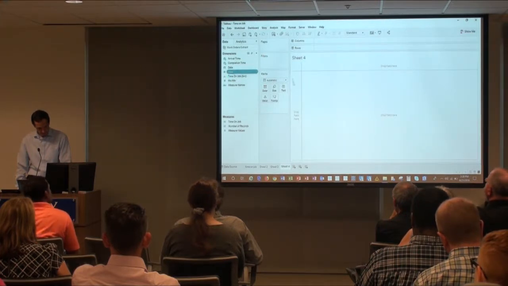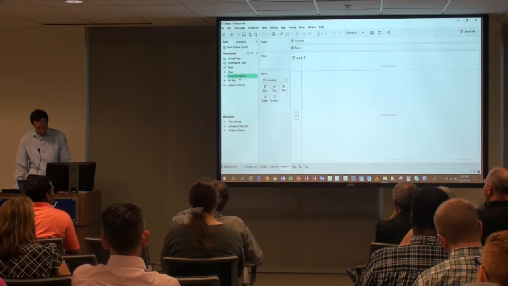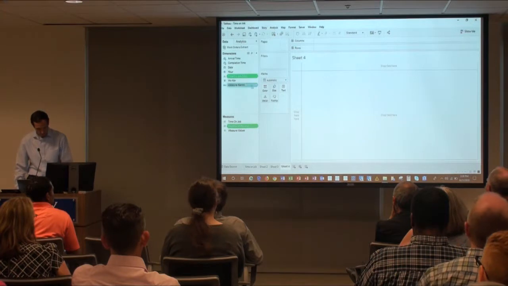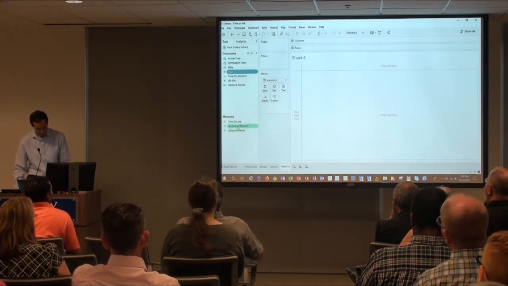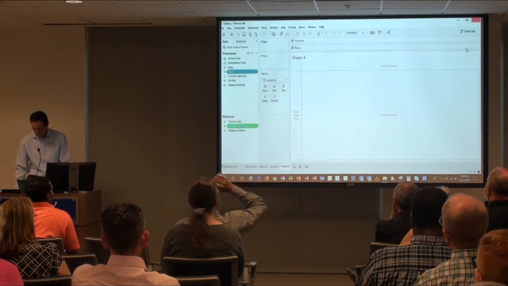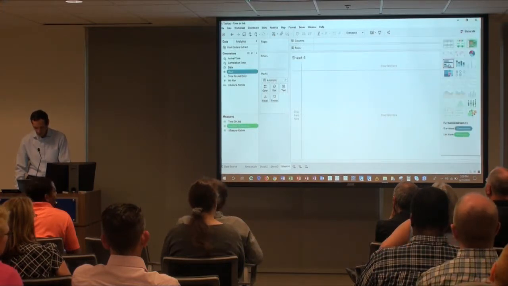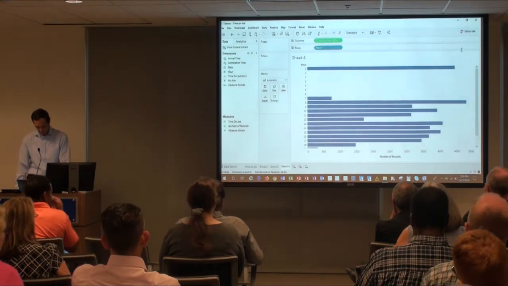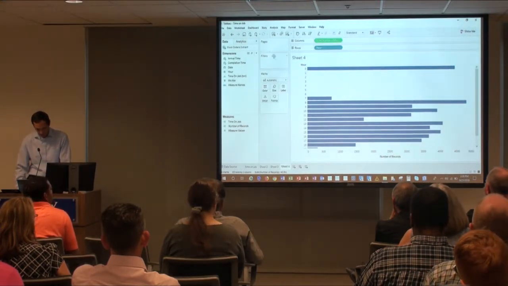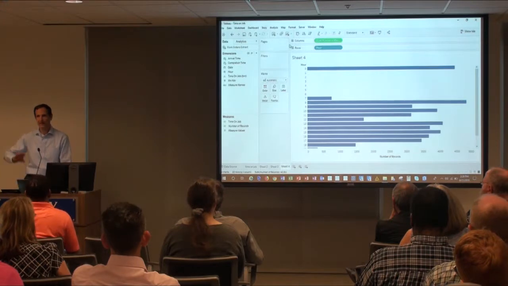So let's look at hour and how many records, average job. We can create a quick histogram. I don't like the histogram this way, with the hours going down.